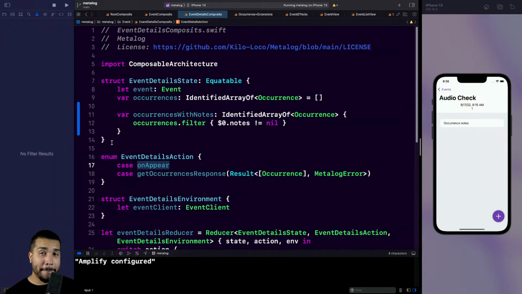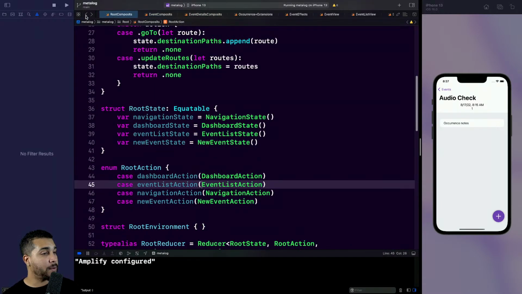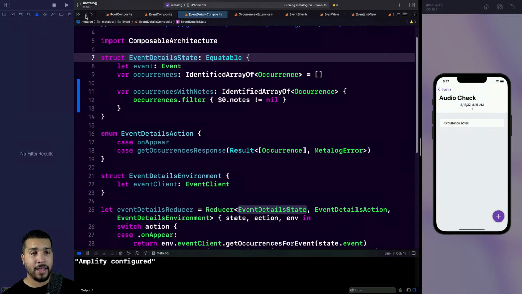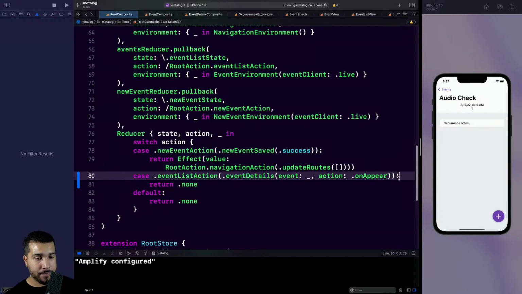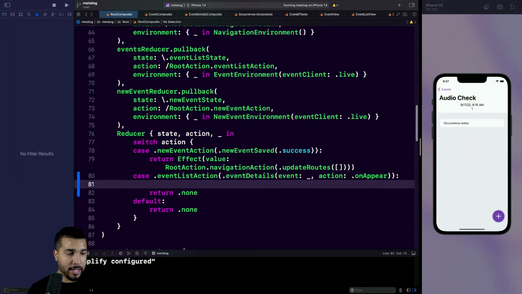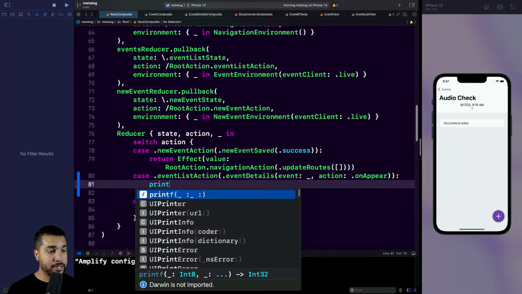But managing all of that and fully understanding it is a little bit tough. And you just have to watch a bunch of videos. I pay Point Free for their subscription to their videos or whatever it is. It's a lot. It's a lot, man. But anyway, let's go ahead and see if we can get this to print